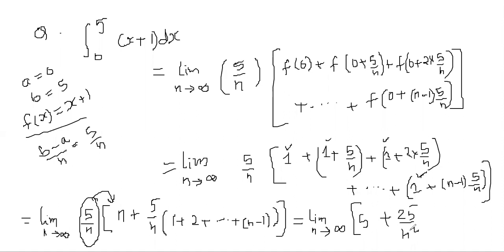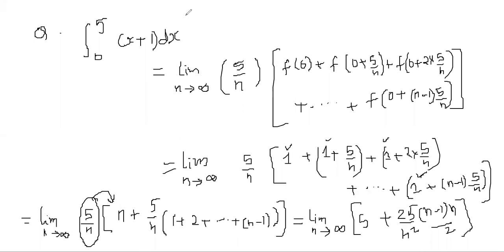And sum of 1 to n minus 1, if you will find. So what is the sum of the first n minus 1 consecutive natural numbers? We all know this from class 10th onwards. Here it is (n minus 1) into n upon 2. This is what we are getting here, right? So now we are almost at the answer. Let me erase some of this part, which I hope you can write on your own, or you have written already, and let me write it here.